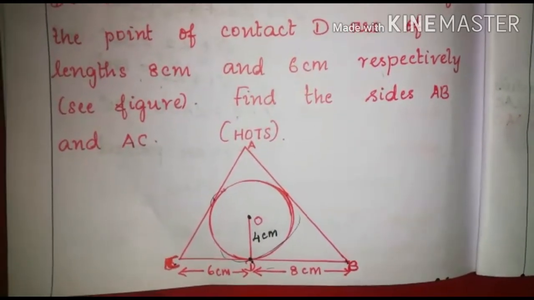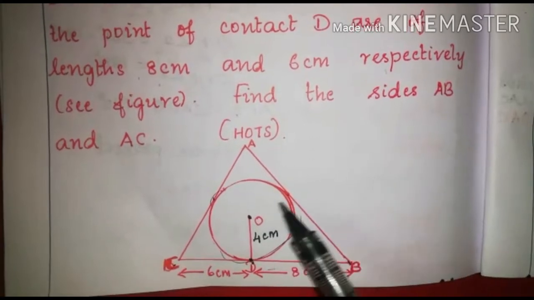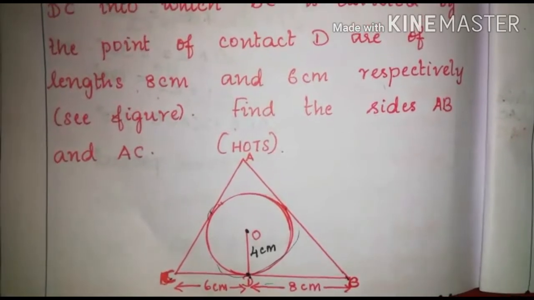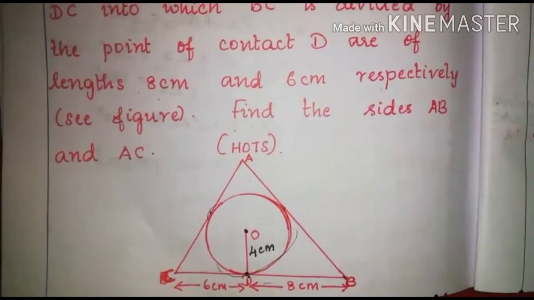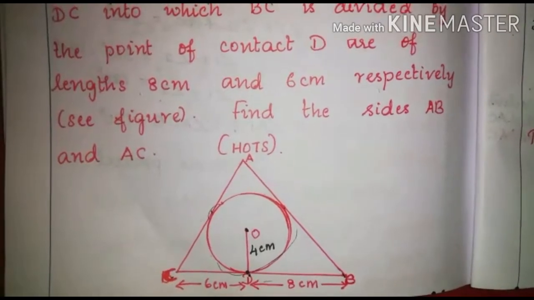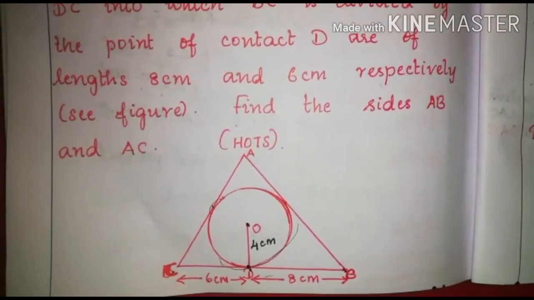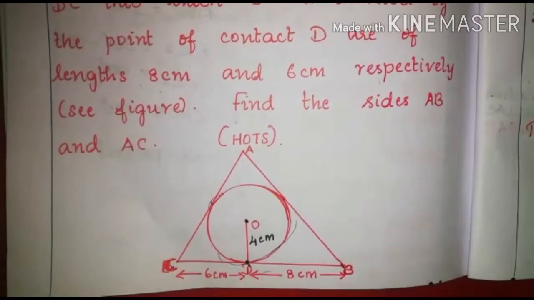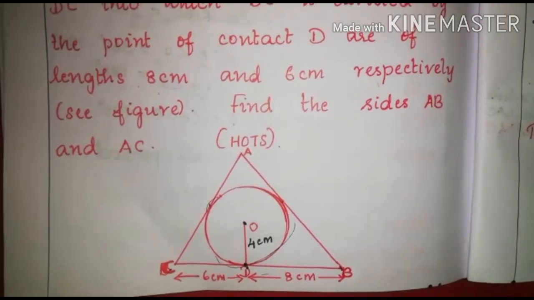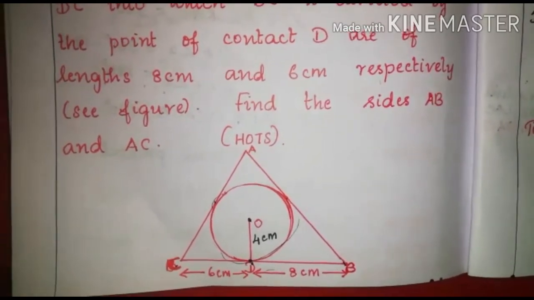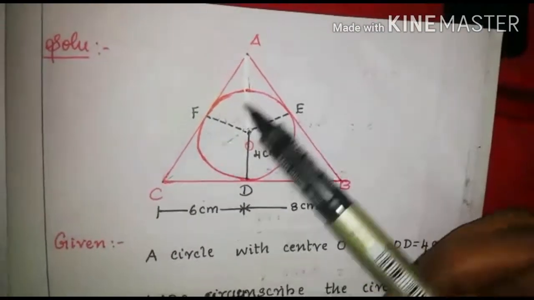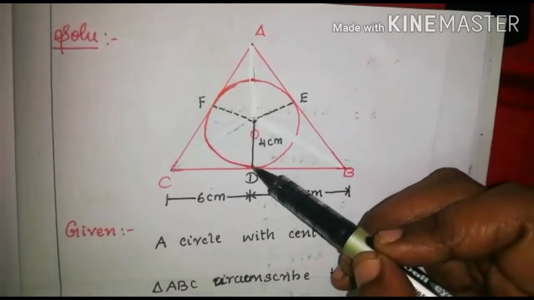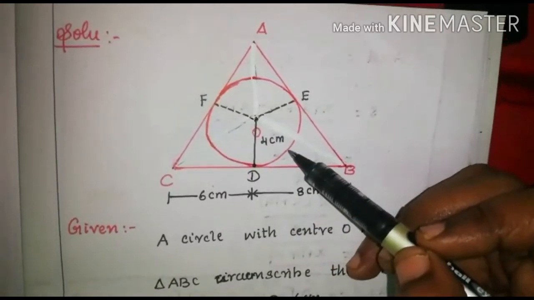Okay. So here you are asked to find the sides AB and AC. Here we are going to use the area of a triangle concept to find the side. You know very well, if the sides are given, we can easily find the area of a triangle. But when any of the sides are not known, in that case, using the area value, you are going to calculate the sides of the triangle. Okay. So now we have drawn the given figure as it is, and from O to D it is given as the radius, 4 cm, isn't it?